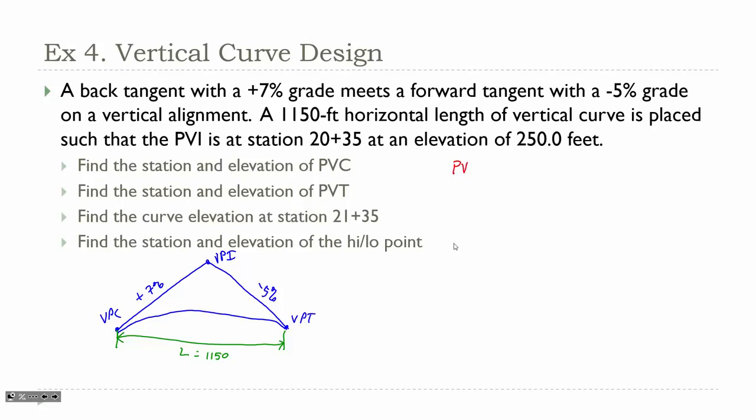The distance from VPC to VPI along x is equal to L over 2. So if we start with our PVI of 2035 and subtract L over 2, that will give us the station of the PVC,